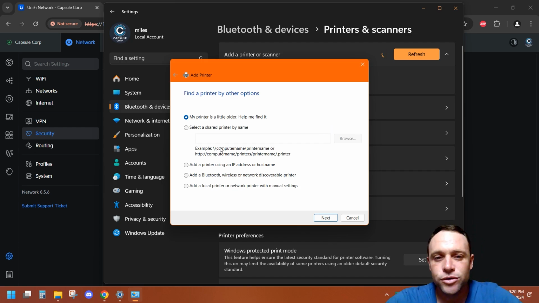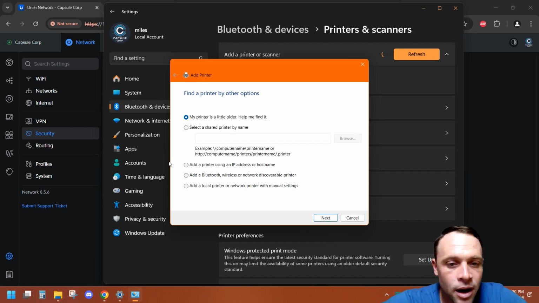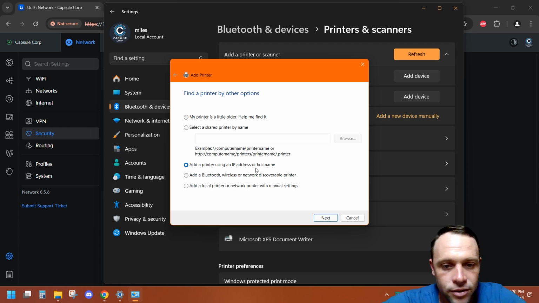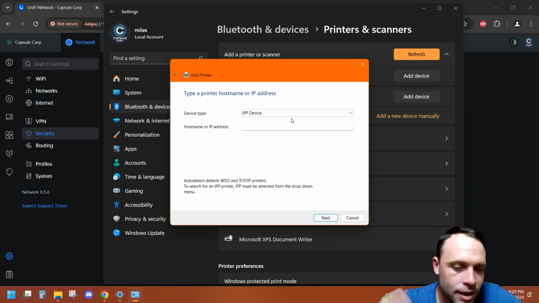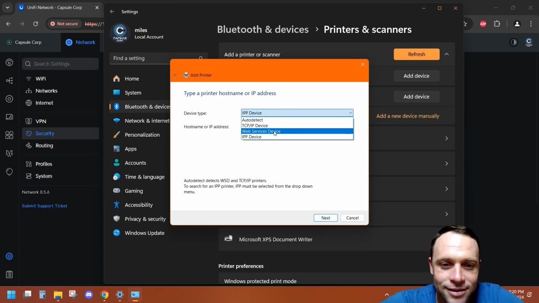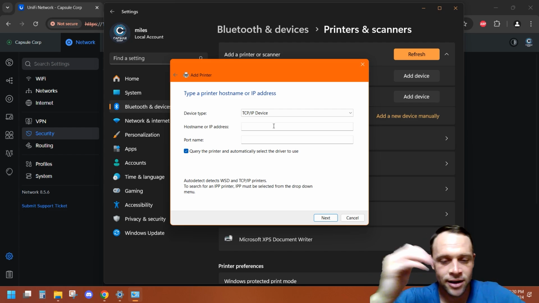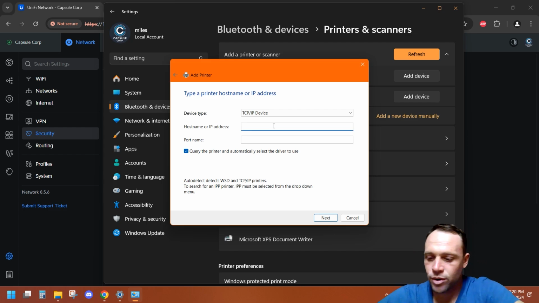So if a user comes over or a friend wants to use it, you go to add new printer using IP address, TCP/IP. I just thought of it before. God, I knew it was in my brain. So then you just put your printer's address,